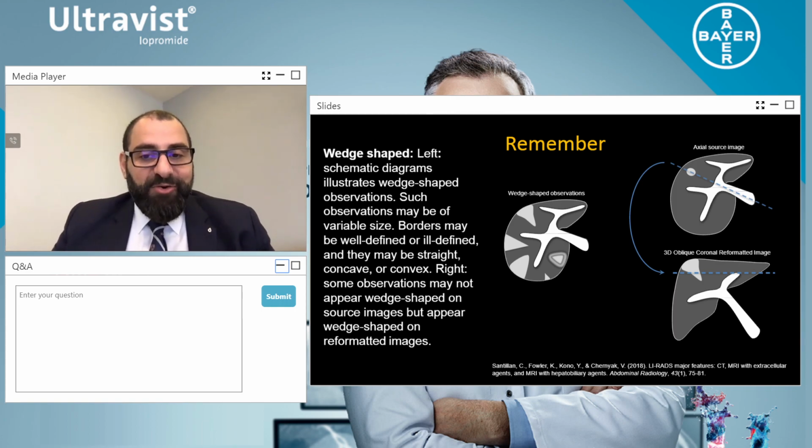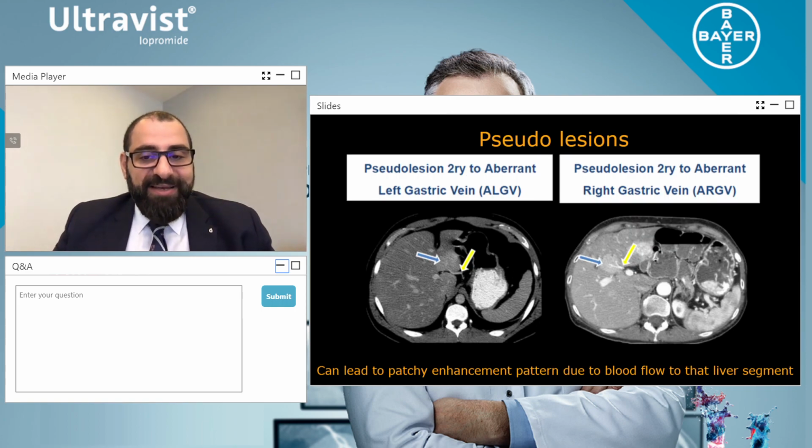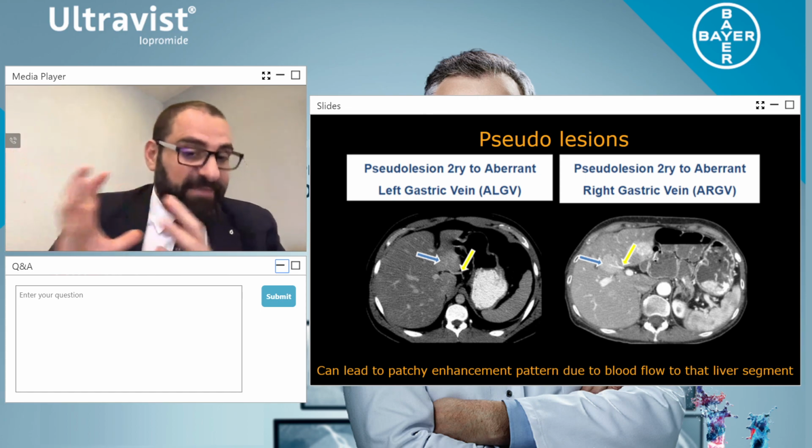Also, we can get what they call pseudo lesions, and this could be due to poor or reduced enhancement. This is where I want to come back and say, having a monomer gives you better flow because you can get into the smaller spaces because of the liver disease. If you have hepatitis, liver cirrhosis or a fatty liver, you have restricted flow into the liver and raised pressure within the liver. That's why it starts to expand and inflame. So you need contrast that moves like blood, and you need saline just to keep pushing it through as well.